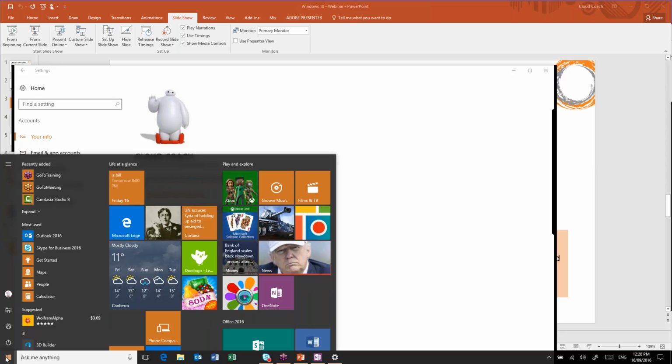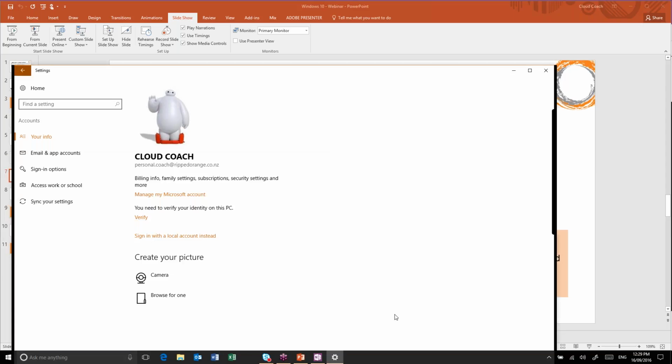You have to do it from a fresh build, and you can only have one person that logs in at a time, but then it means that you've got one login, which is your Office 365 account, and you don't have this Microsoft account showing up throughout the system, which is useful, or you connect that as a second account. Where that becomes